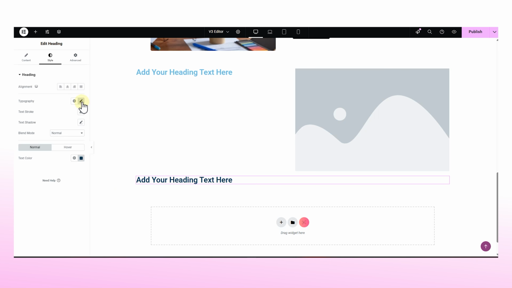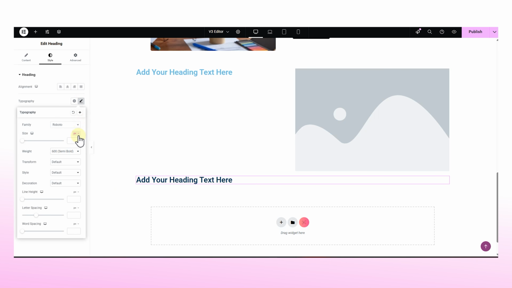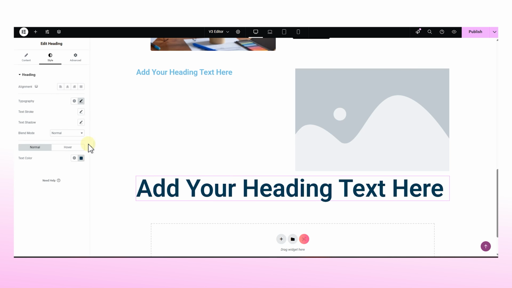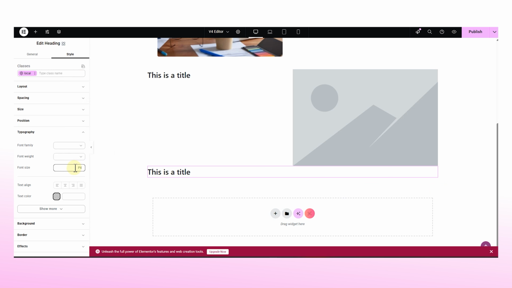In v3, changing units was a bit annoying. You had to open the drop-down, find the units like EM or REM, and if you needed a custom one, click the pencil icon and then type in it. But in v4, it's much quicker. You just type a unit like R for REM or even something custom like CM and it works instantly.